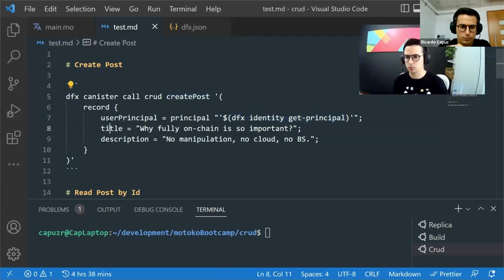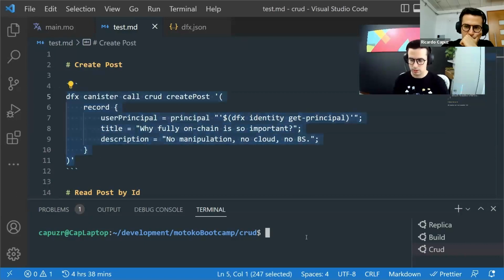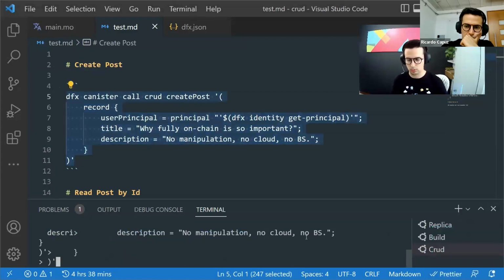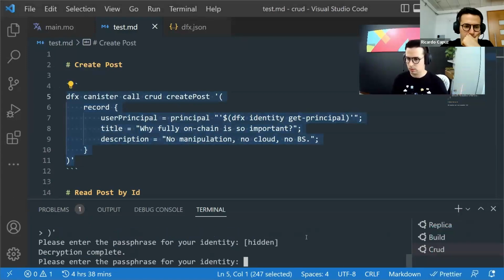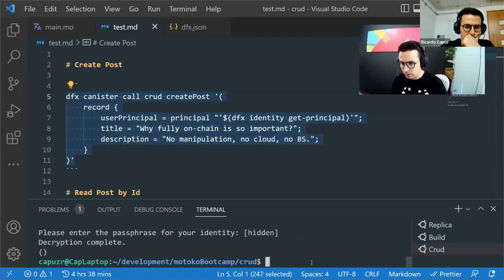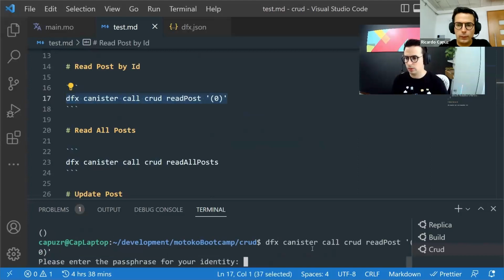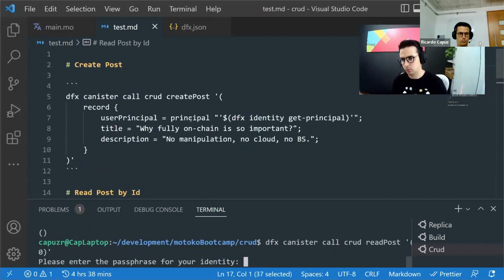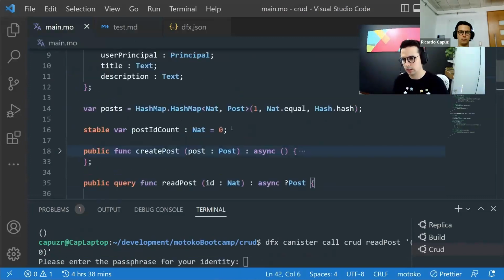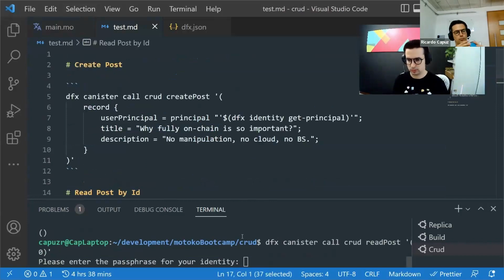We're going to create a post with the title "Why Fully On Chain is so important" and the description: no manipulation, no cloud, no beefsteak, because being vegetarian is really better. Okay, now we have to check and read the post. We're reading the post with the key 0 because this is the first post we create, and we defined here as stable the counter of the post, initializing as 0. So yes,